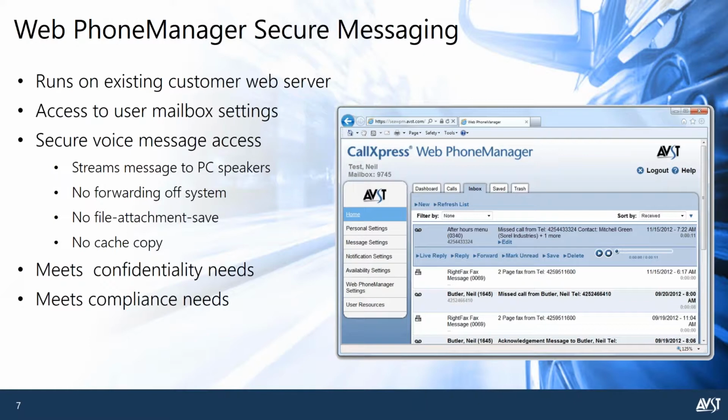Now both of those, the mobile phone and the web client, do exactly what the telephone interface does. In other words, the things you can do over the phone when you call into voicemail, that's what we're providing here. And that's an important distinction, because in cases where there are regulations and rules you're trying to follow, and I think of things like HIPAA